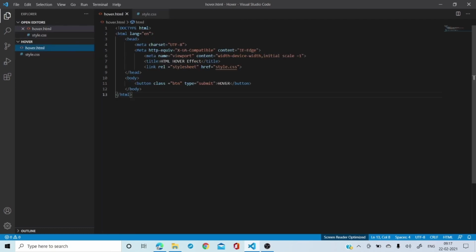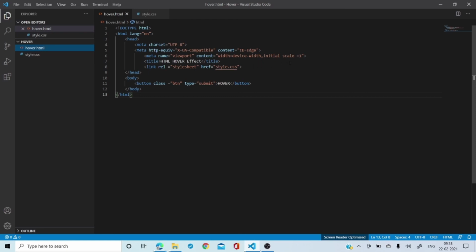Just repeat it once again for you. It is doctype HTML, the language which we have used. In the head, I have used all the meta tags, the title and the link of the style sheet. So head has meta charset, which includes the character set which we are using. This is for compatibility with Bootstrap and all. Viewport is something like how you want to see it. So this thing I'm going to show you with device initial scale.